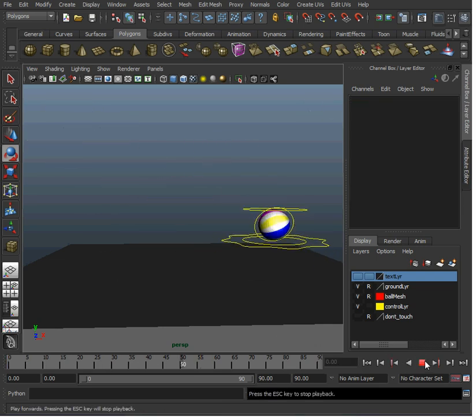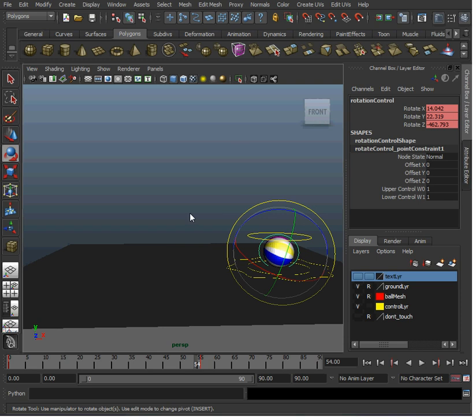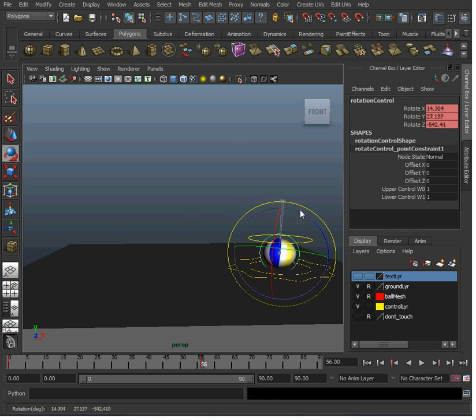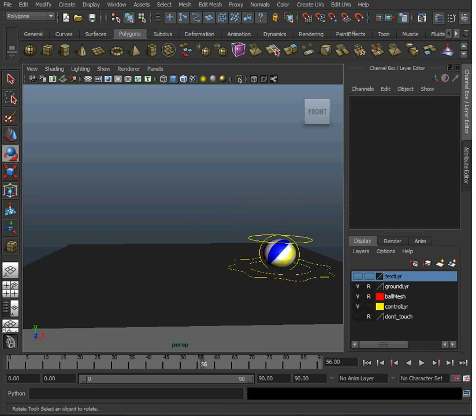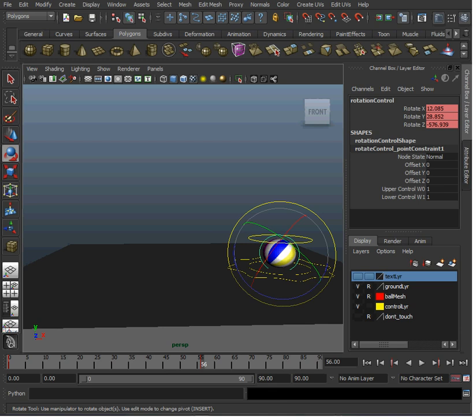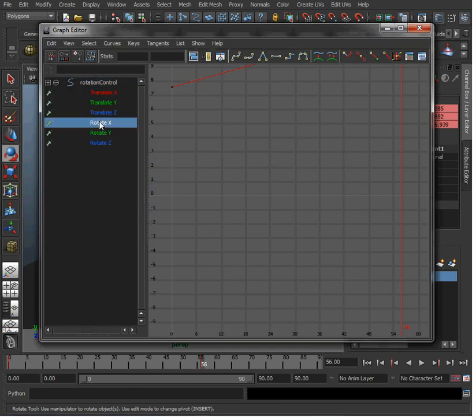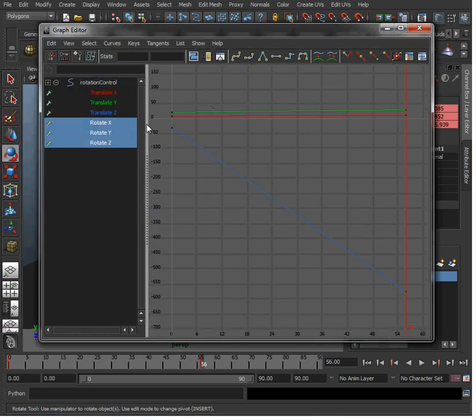Not bad. It doesn't rotate very much, but it should get the job done. Maybe we can rotate it a little bit more. Go to my last key and just put a little more rotation on it. And to finish up the look of it, let's go back to our graph editor and take a look at our rotation. Right now our rotation is linear because my keys are still set to linear when I create them.